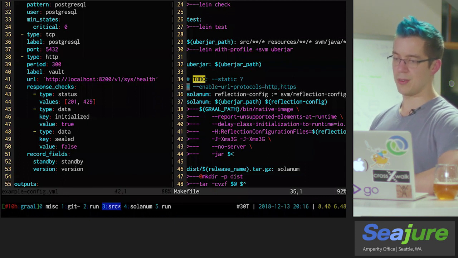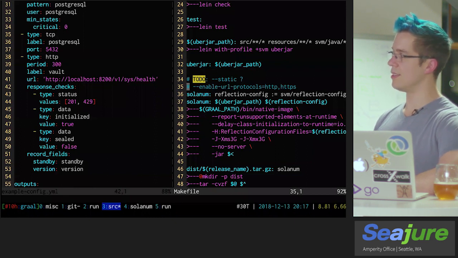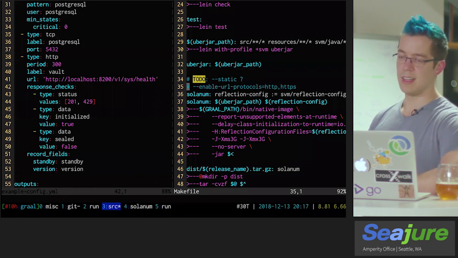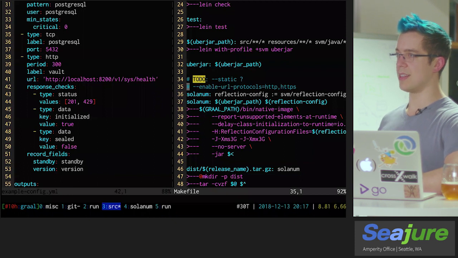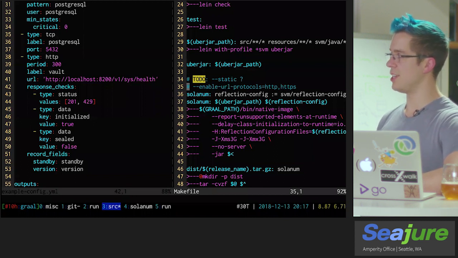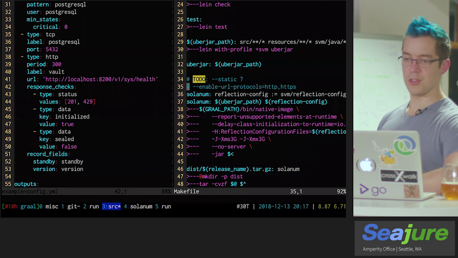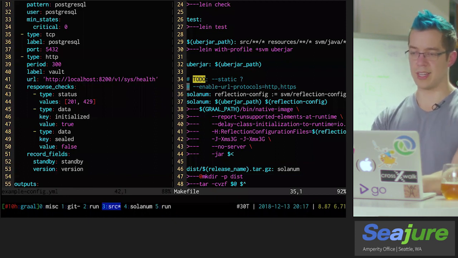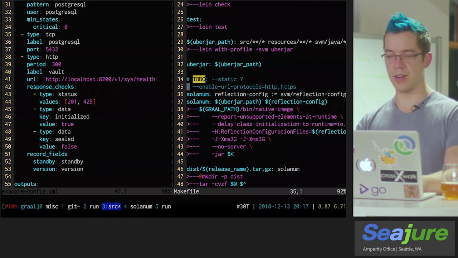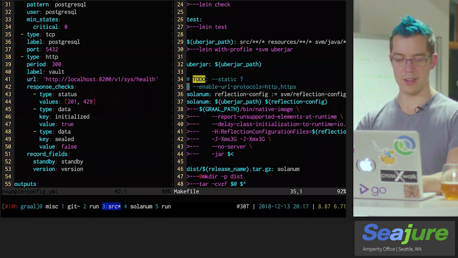Unfortunately, this is one area where I've hit a bug I couldn't get around, which is in RC, release candidate 8, which is the tool I'm using to compile this. This doesn't seem to work. So as a workaround, we've had to deploy the Java version of this tool to some of our hosts where we want to use these HTTP checks. But in the future, I hope to get this working so that we can use the native image everywhere. But that is one gotcha that's worth knowing about ahead of time.